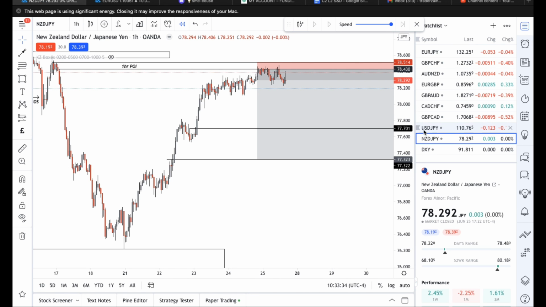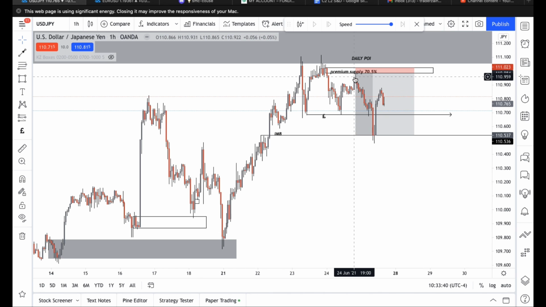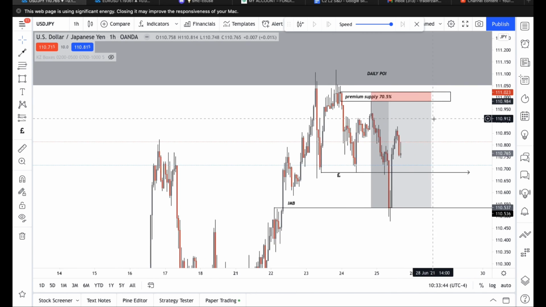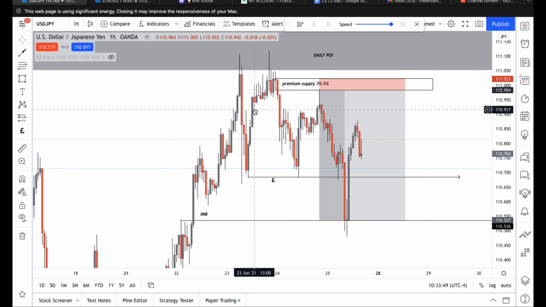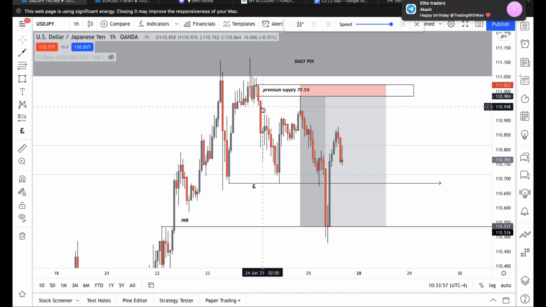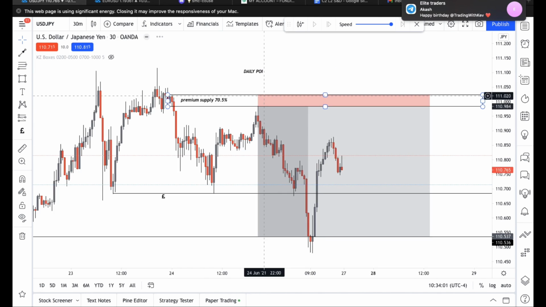NZDJPY, USDJPY, wide premiums, perfect. This is an example of a premium supply. Sweet. So we got a rally, a base, and a drop. That drop didn't break structure, but what did it do? Leave us some liquidity. So when price started to pull back and fill in this imbalance, I identified a zone